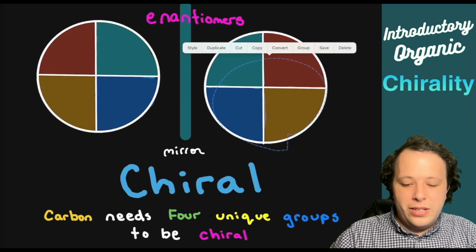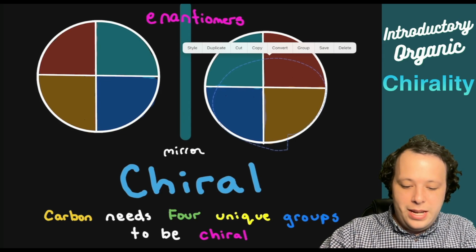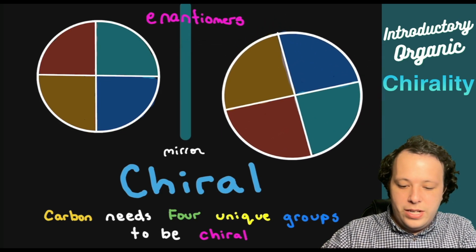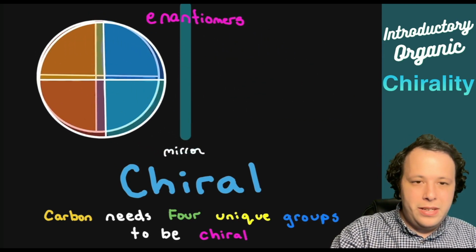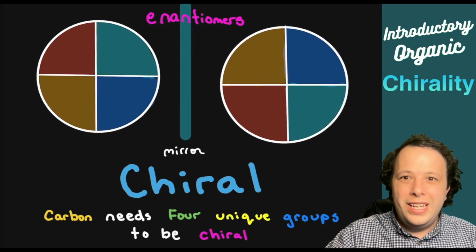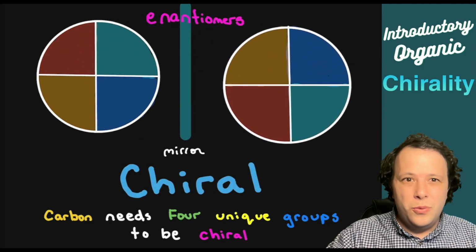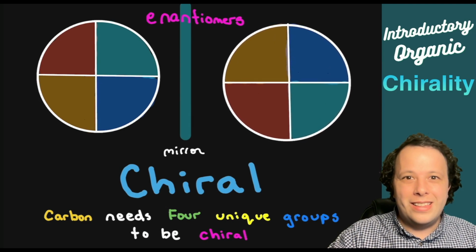Now, one thing that we can always try to do is, well, can I make it where they line up? And we can attempt to rotate this thing, right? Just like so. And I can try to see, well, does it line up? And it doesn't. There's no way. We just start making different colors. We can't make it line up, which is something that's really, really difficult when we're looking at these types of